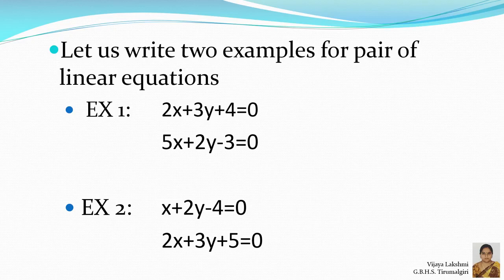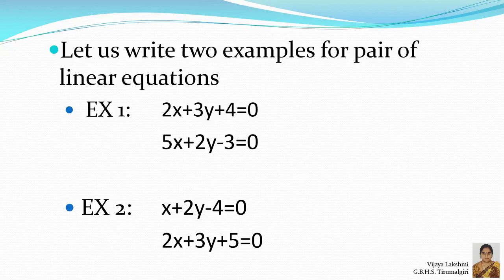So at the most we have only three terms, that is x term, y term and a constant term. There is no chance of having x square, y square or x cube or xy etc. So only three possible terms will be there, that is x, y and a constant.